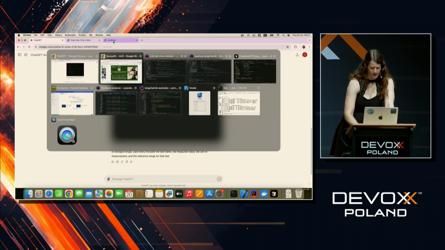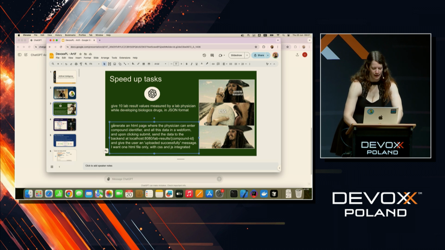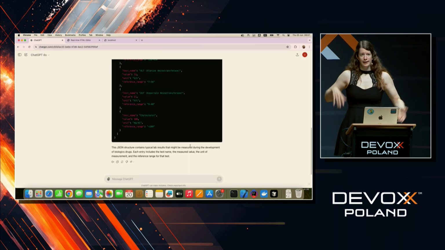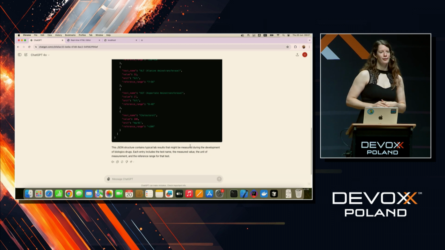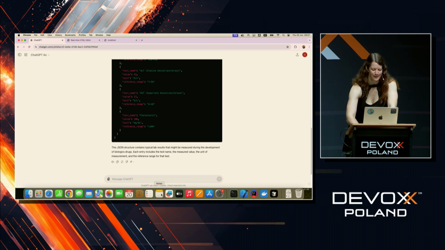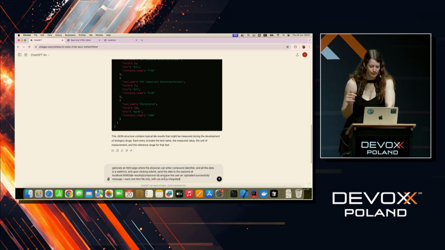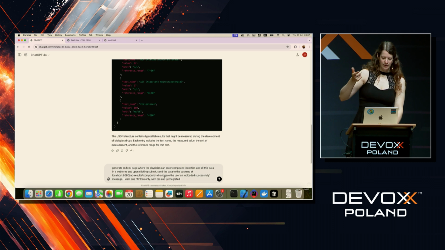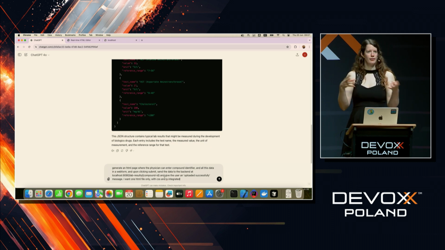Now, if I wanted to take this a step further, I have another question, a follow-up question for ChatGPT. I'm a backend developer. I'm not very good at making nice front ends, but now since ChatGPT, I can do it as well. So my question here: generate an HTML page where the physician can enter all this data and the identifier for whatever molecule they were working on.